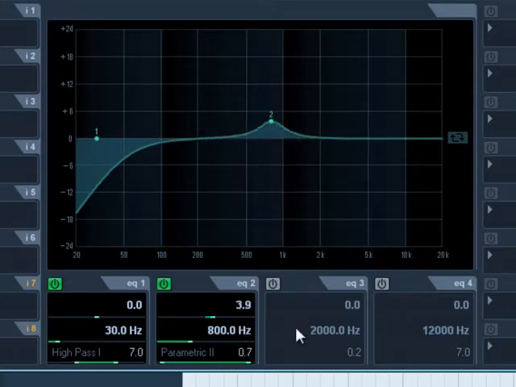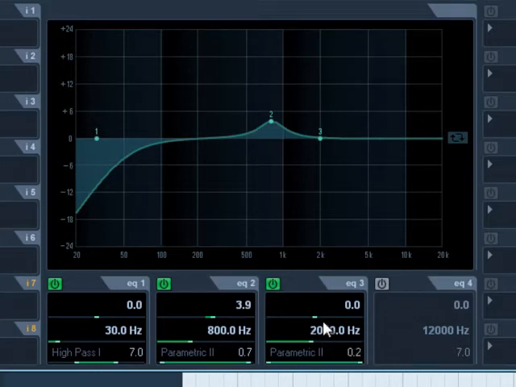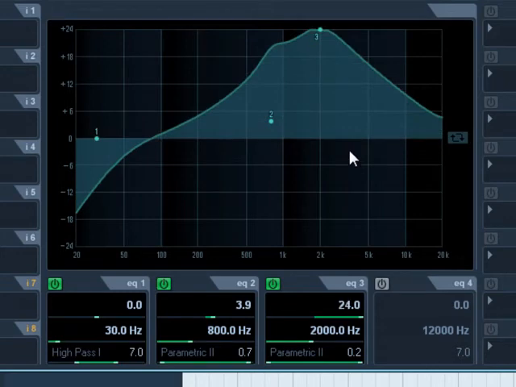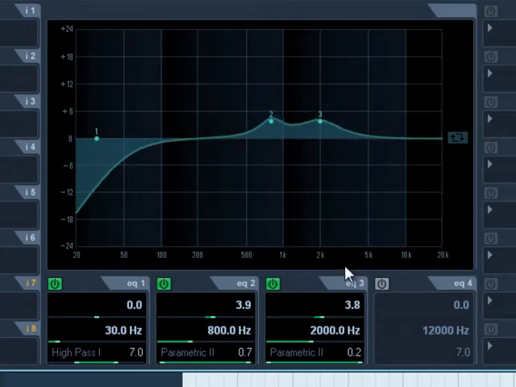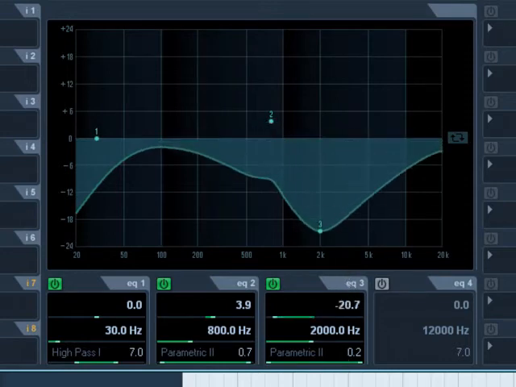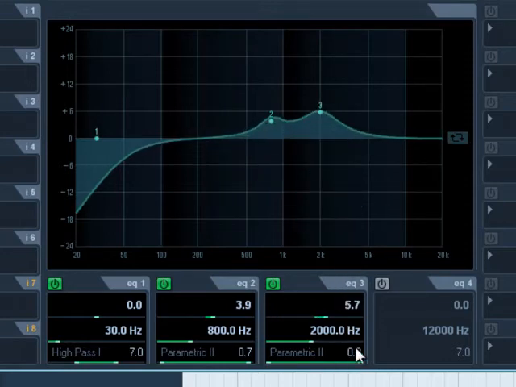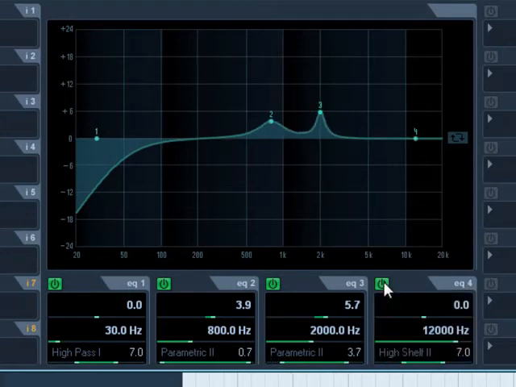Moving on, we would have our high mid-range, which we could set anywhere between 400 Hertz and 8K. Let's leave that around 2K, and we can boost that similarly up to 24 decibels. But as we said before, we probably don't want to go above 6 decibels, but we can cut a lot more than that. And we have a Q factor, same as all the other controls. And the last one here,